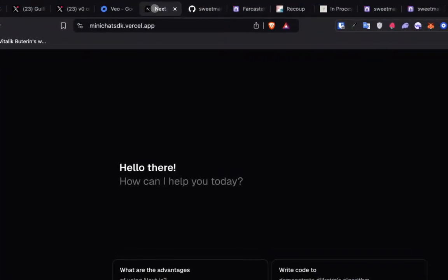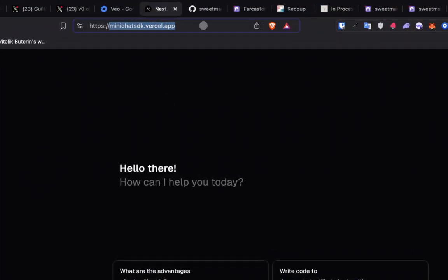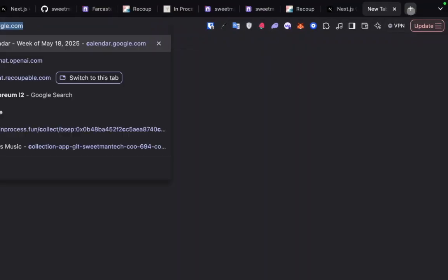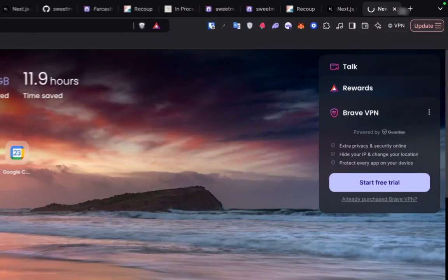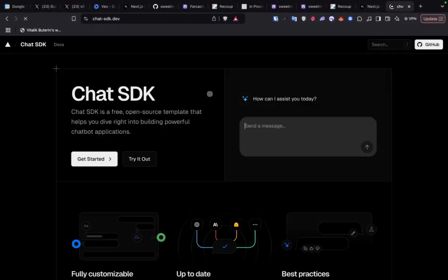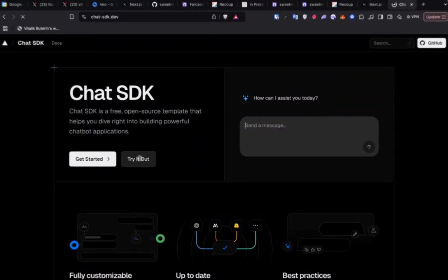On to the next one. I built out a mini chat SDK. If you're not already familiar with Chat SDK, there's chatsdk.dev built by Vercel. I have loved this repository, but the most challenging thing for me is that when you want to deploy it, you have to have